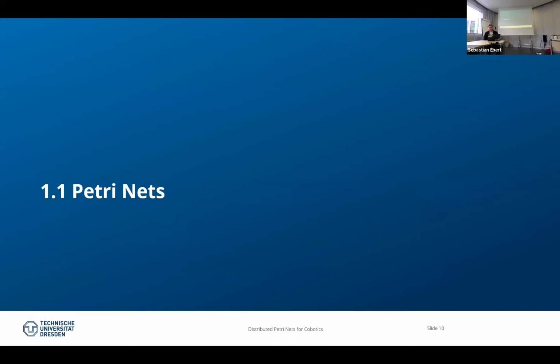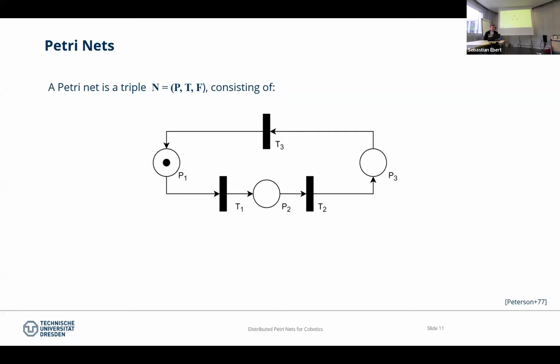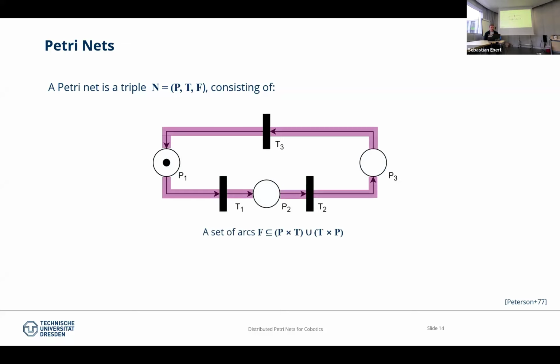In a nutshell, a Petri net is basically a triple or weighted graph consisting of places marked by circles. They are basically distributed states, which may contain tokens, a number of tokens. And the second thing we have are transitions. These transitions are marked by bars and consume tokens from their input places and produce new tokens in their output places. A transition can just fire if every input place is marked. So that's the story. It's a quite simple formalism, and it's quite easy to understand, but of course for more complex systems hard to master.